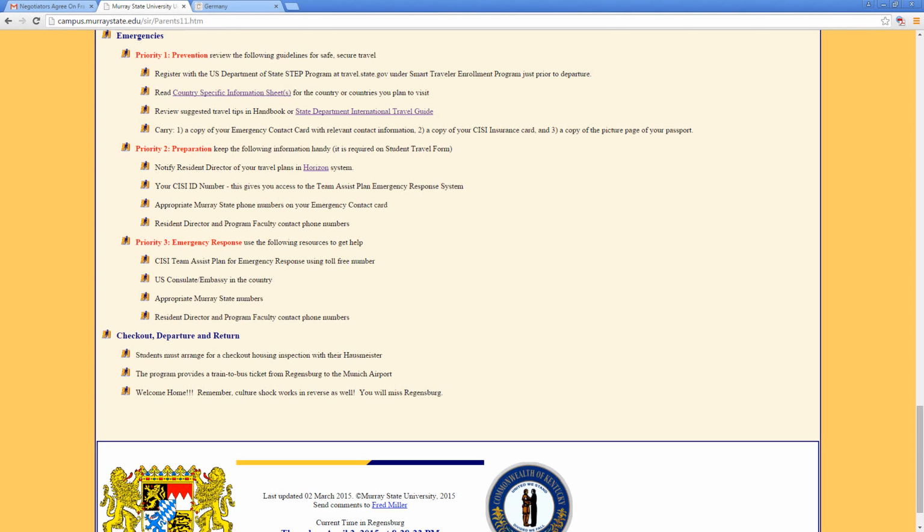In preparation, what you're going to be doing is every time you go on an independent travel situation, you're going to notify the resident director and the IIS office of your travel plans through the Horizon systems. We have that built into that system, and you'll be using that on a regular basis. Be sure you have your card and that you know who to call for the Team Assist program and the CISI insurance card. That is a good first line set of information to help you in case you run into